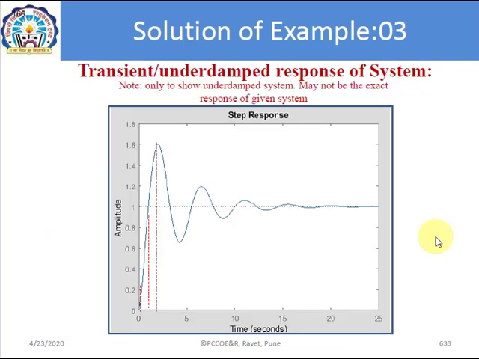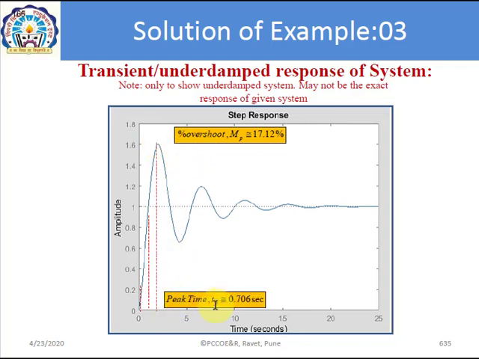Now here to represent the specification of performance in the time domain, the response is a transient as we discussed earlier. So one by one we will represent the specification with their values. The first is the percentage of overshoot Mp. It is 17.12%. So this is the percentage maximum overshoot for a transient response. Next is the peak time, Tp is equal to 0.706 seconds. Next is the rise time. It's 0.468. The time between 10% to 90% rise is the rise time. So all these values we are representing in a time response plot.